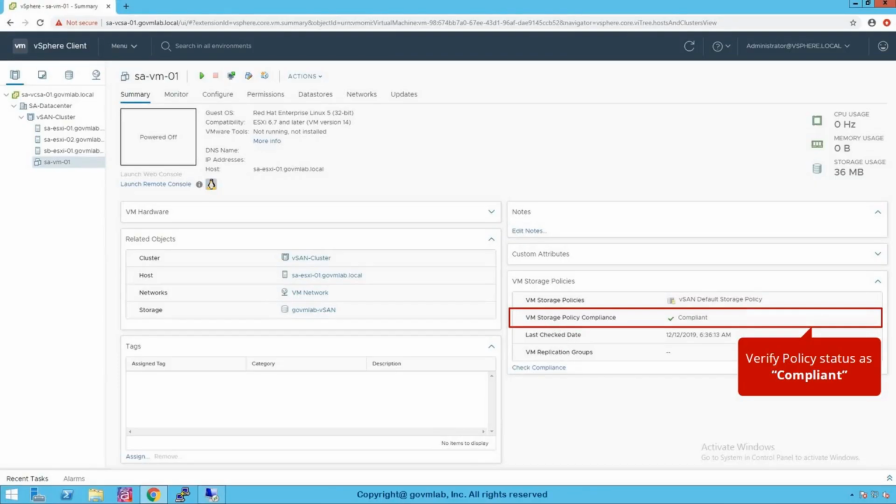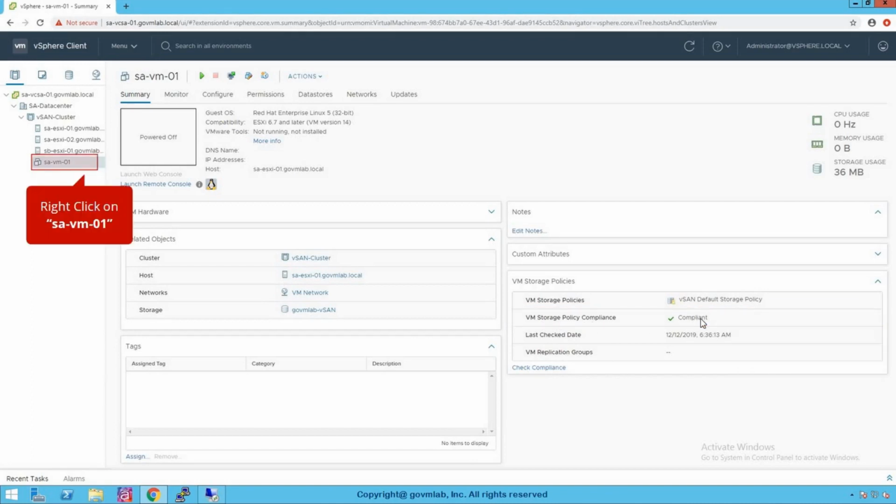So click here, and you do see that your VM storage policy is compliant, which means that our virtual machine is compliant with our underlying storage. And that's why this green sign and compliant is very important. So we always have to make sure that in policy driven storage, your virtual machine should be sitting on compliant storage. Now let's see what happens if I put that VM on some other storage.